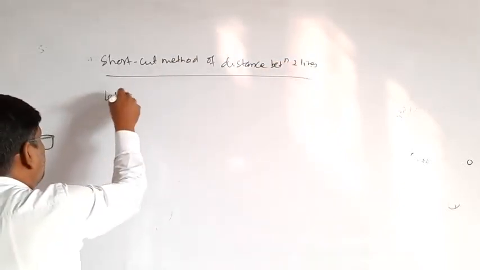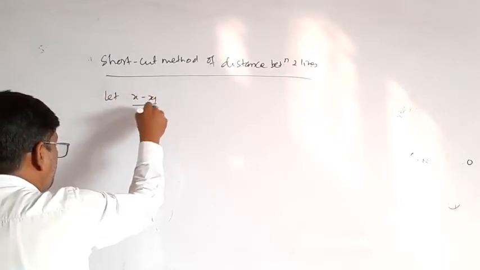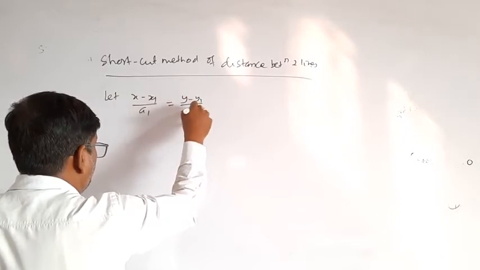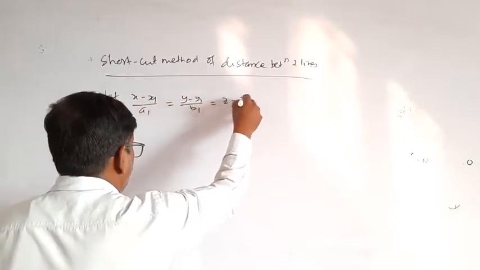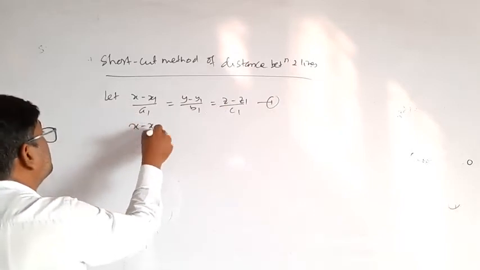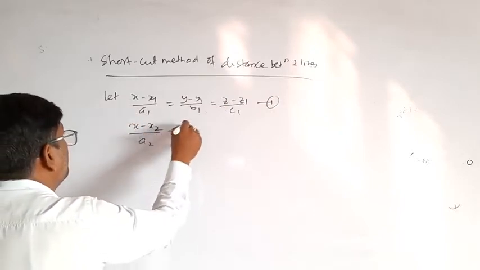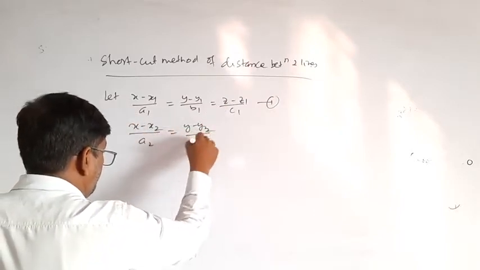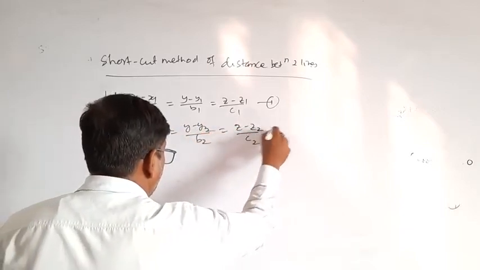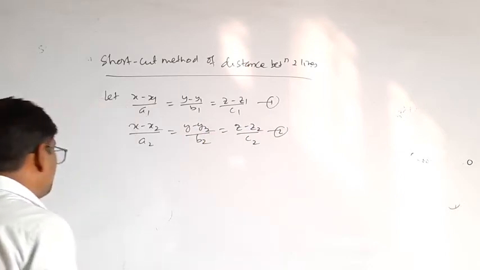Let (x − x1)/a1 = (y − y1)/b1 = (z − z1)/c1 be equation 1, and (x − x2)/a2 = (y − y2)/b2 = (z − z2)/c2 be equation 2. Then the shortest distance